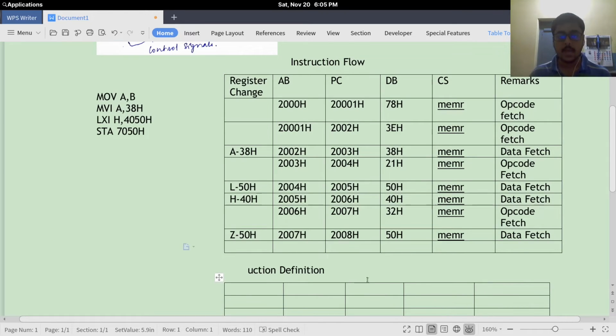Okay, and we move on to the next memory location, 2008H. The program counter is incremented to 2009H. Here the data bus contains 70H, so it's a data fetch instruction.